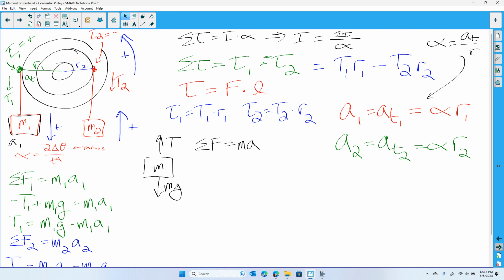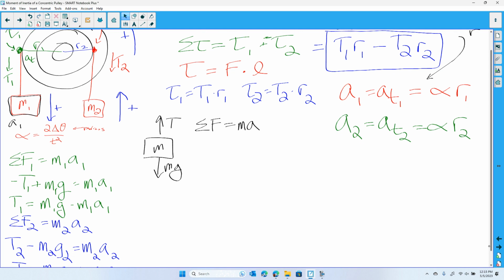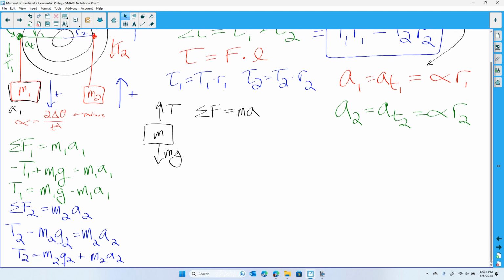So if we go back to our sum of torques equation, which is right here, the tension in string 1 times R1 minus the tension in string 2 times R2. We have the tension in string 1 right here, and we have the tension in string 2 right here. So that means the sum of torques is going to be equal to T1,